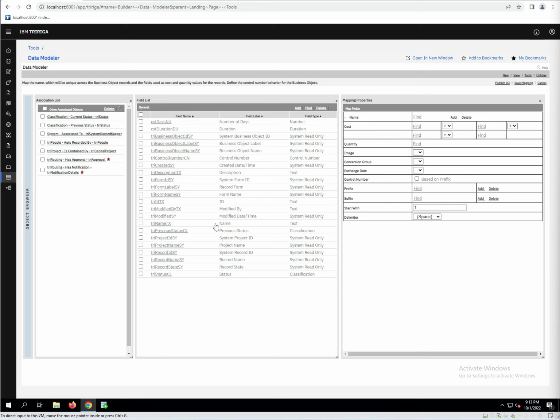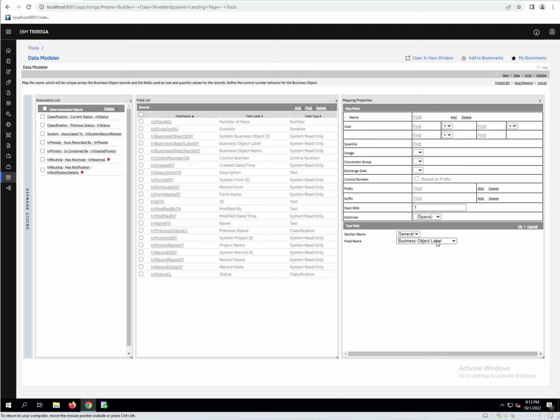This is going to be a base BO, so I'm really not going to be creating records for it other than for doing testing. But let's say that I was going to create records of sports, so it's going to be names of sports. Well, I wouldn't want to have two different basketballs or footballs or whatever. So if I were to select the name field,